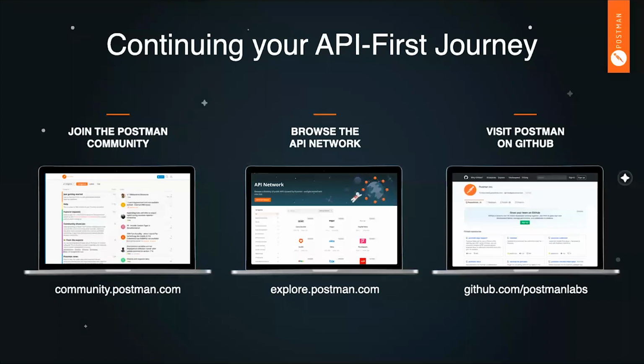Definitely check out the API network. There's a lot of APIs available there. It's at explore.postman.com. You can also publish your APIs. As I showed, when you're publishing docs, you can choose to publish to the API network as an official API for your organization, or just as little templates that you want other people to be able to use that are kind of less official and less structured and organized.